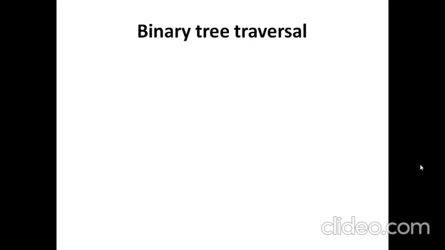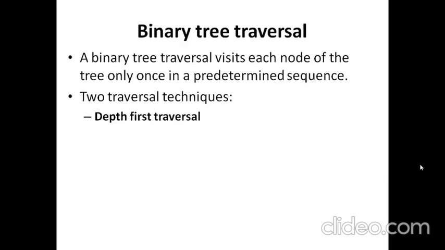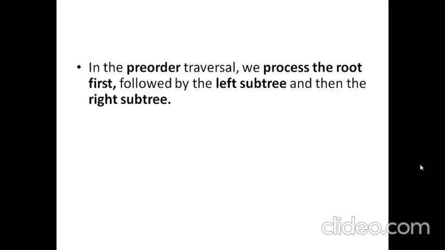But whatever the purpose of the traversal, we can conduct it using one of these techniques. There are two broad techniques by which the binary tree can be traversed, namely the depth first search and the breadth first search. Under the depth first search, it's further classified into three categories: pre-order, in-order and post-order. We will discuss each one of these algorithms with the necessary examples. First let us try to understand the difference between pre-order, in-order and post-order.